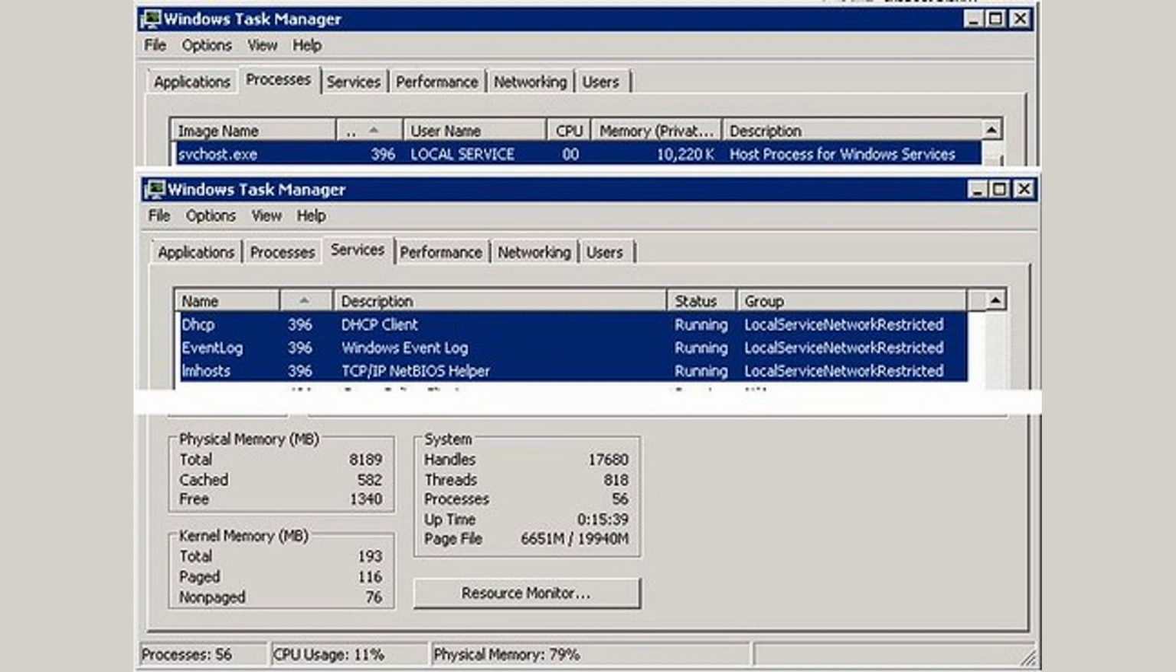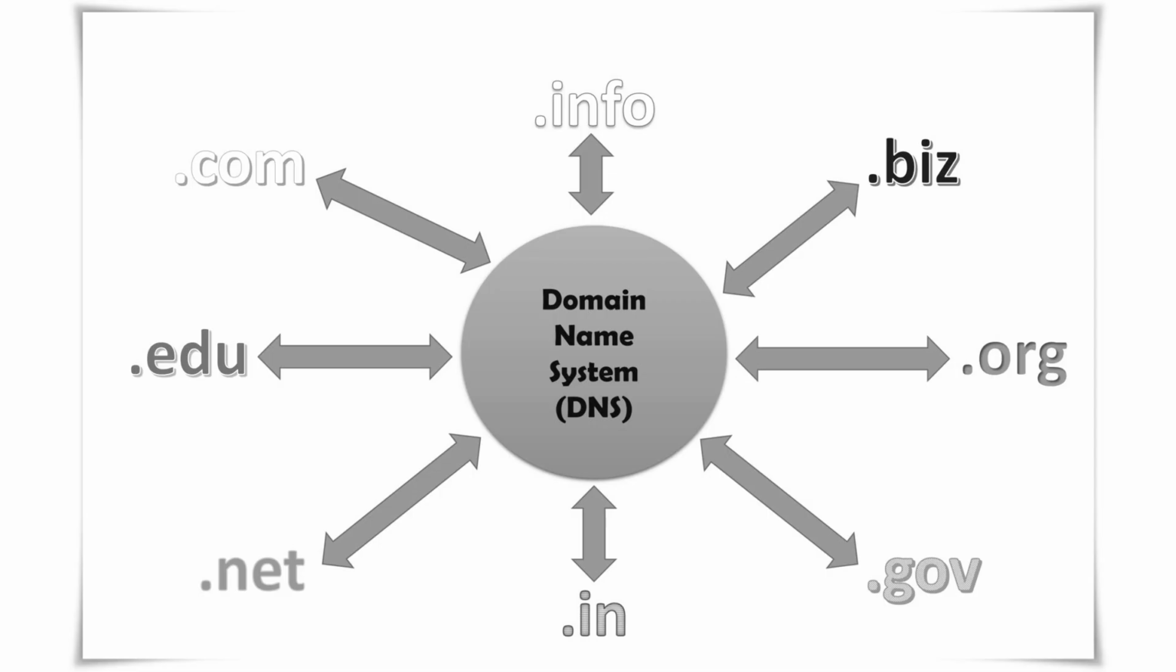In this video, we will discuss the basics of DNS and DHCP services, their importance in network management, and how to manage them effectively. DNS, or Domain Name System, is a hierarchical naming system that translates domain names into IP addresses. It allows users to access websites and other resources on the internet using easy-to-remember domain names instead of complex